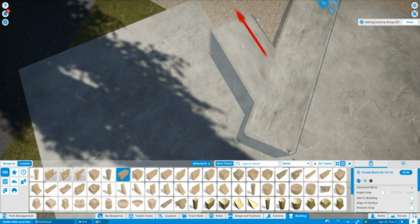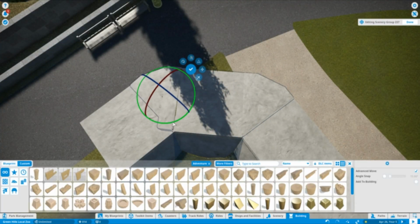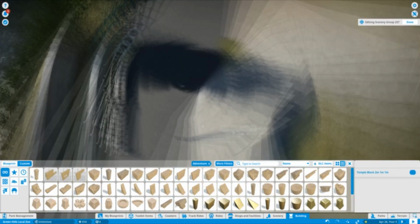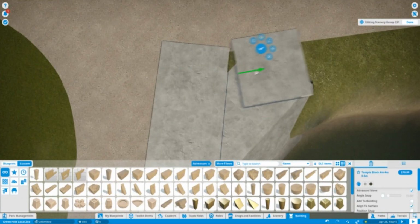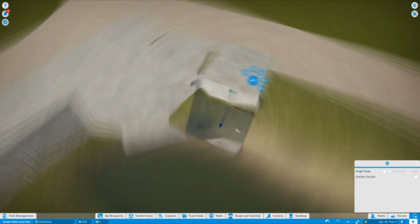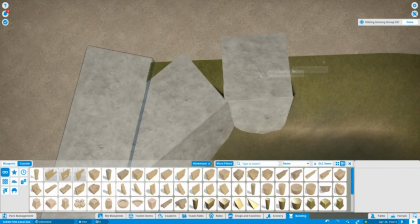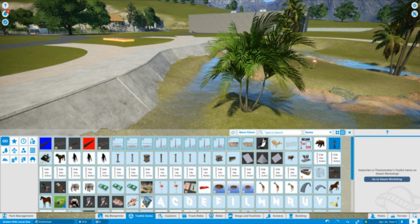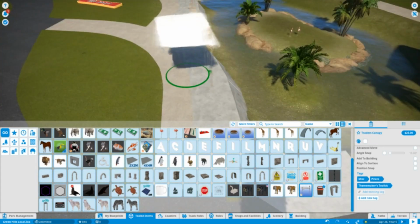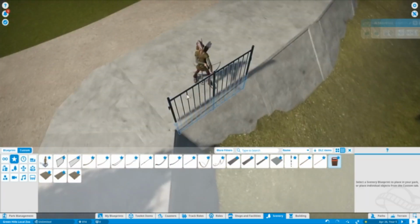So here we are, still building our little flamingo area. We're using the adventure wall pieces and the adventure blocks. These are great pieces because they are not gridded, and you can change the colors on them, and they look really cool changed up like that. We're using these adventure wall pieces as a retaining wall to get it all in there like that. As we go through, we're fencing it through,